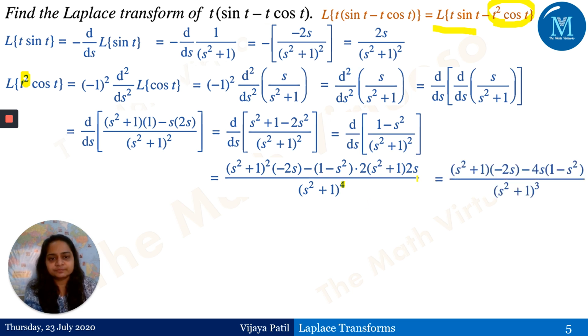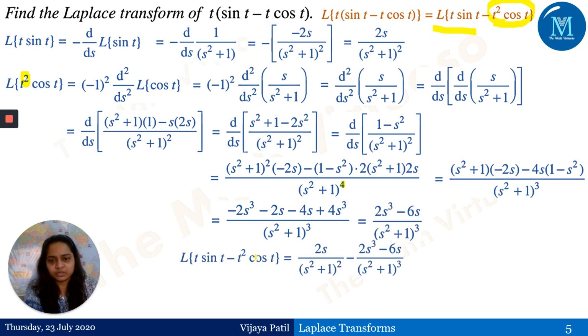Then the next step is just by adjusting and getting the multiplication, you will get this step. Now this step I will not explain to you because it's quite obvious. Just take a pen and paper and go ahead and try to get a similar step to what I'm getting right now here. And now this is the answer for Laplace of t square cos of t. But this is not the final answer. We have to combine this answer and this answer.